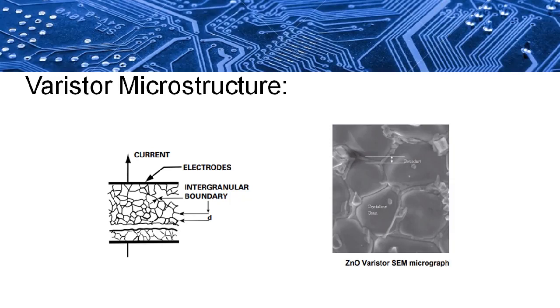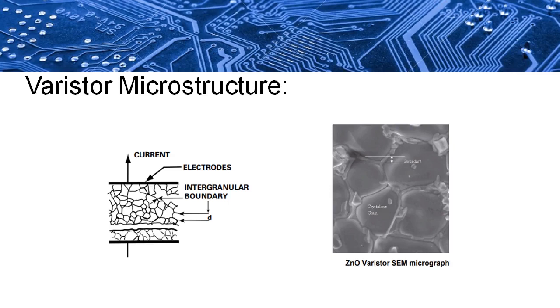If you see the varistor microstructure, it consists of zinc oxide grains which are separated by intergranular boundaries. From the zinc oxide varistor SEM micrograph, it is clearly seen that crystalline grains are separated by intergranular boundaries, and each boundary will act as a PN junction. So when designing a varistor for a particular voltage, the more grains between the electrodes will